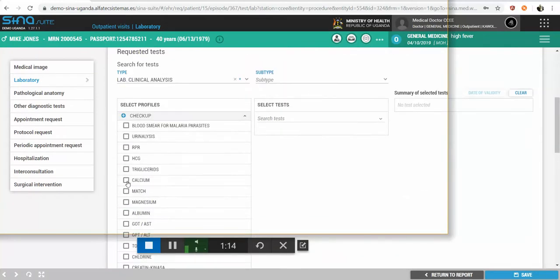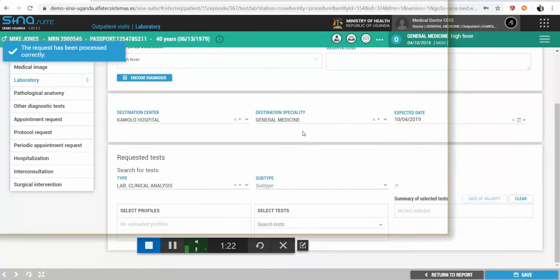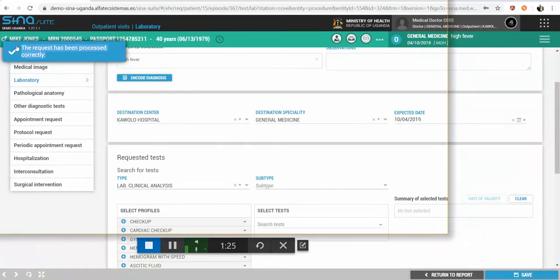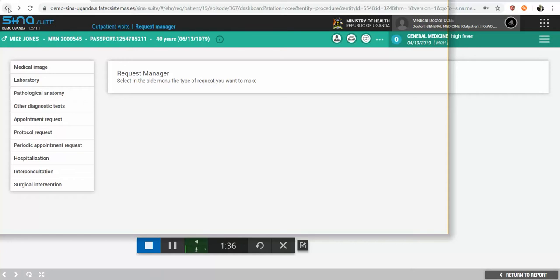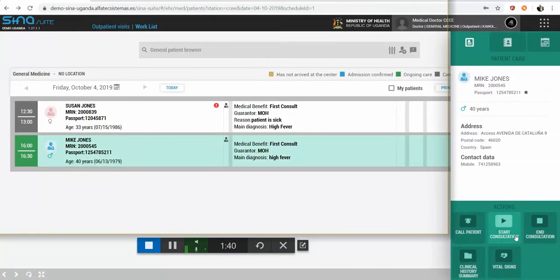So we're going to use calcium, magnesium, blood smear. Okay. So we have all these tests and we're going to save them. So once we save them, we see that the request has been processed correctly. This is it for the laboratory request, and we are going to go back to our patient